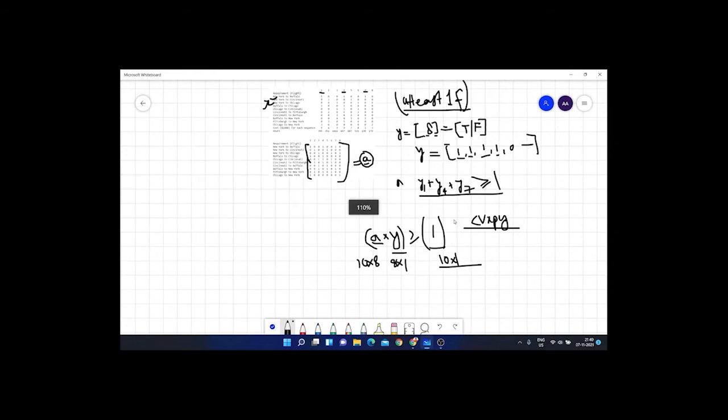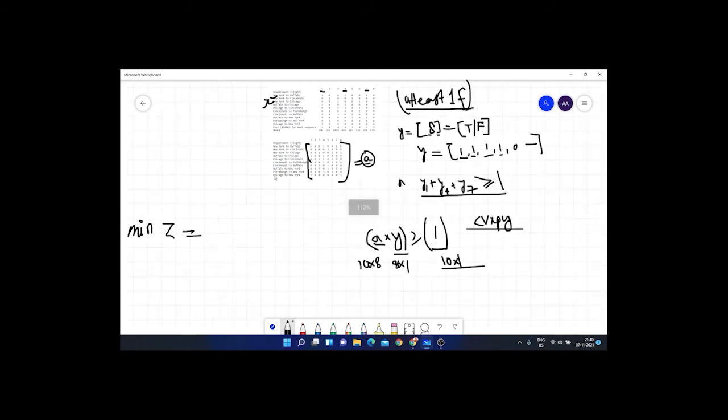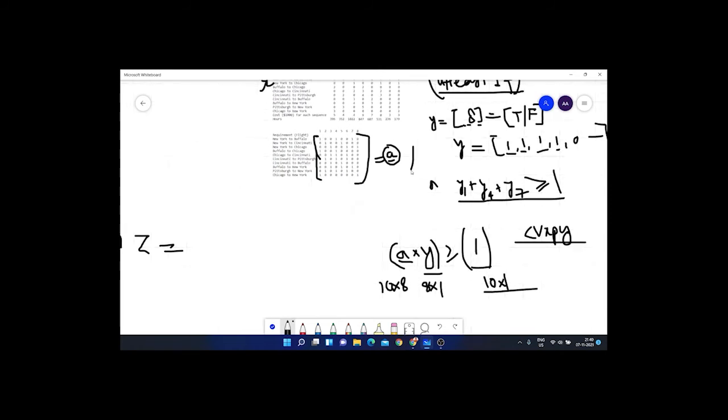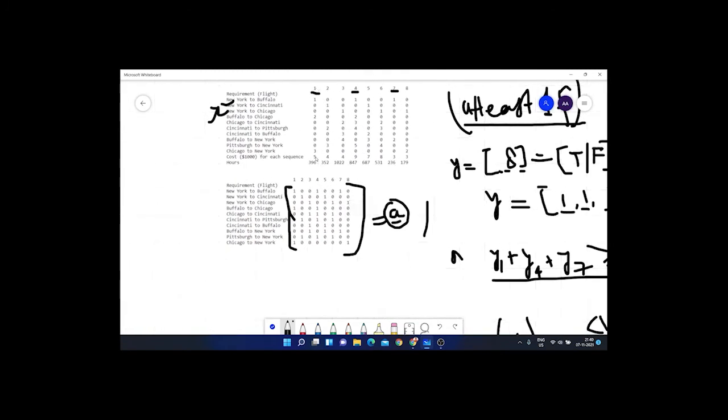So the main objective of our program is to minimize the cost. Let us define a function z which we need to minimize, and function z will be the total cost of the operation. For example, here it is given that for operating sequence 1 the cost will be $5,000, for 2 $4,000, for 3 $4,000.